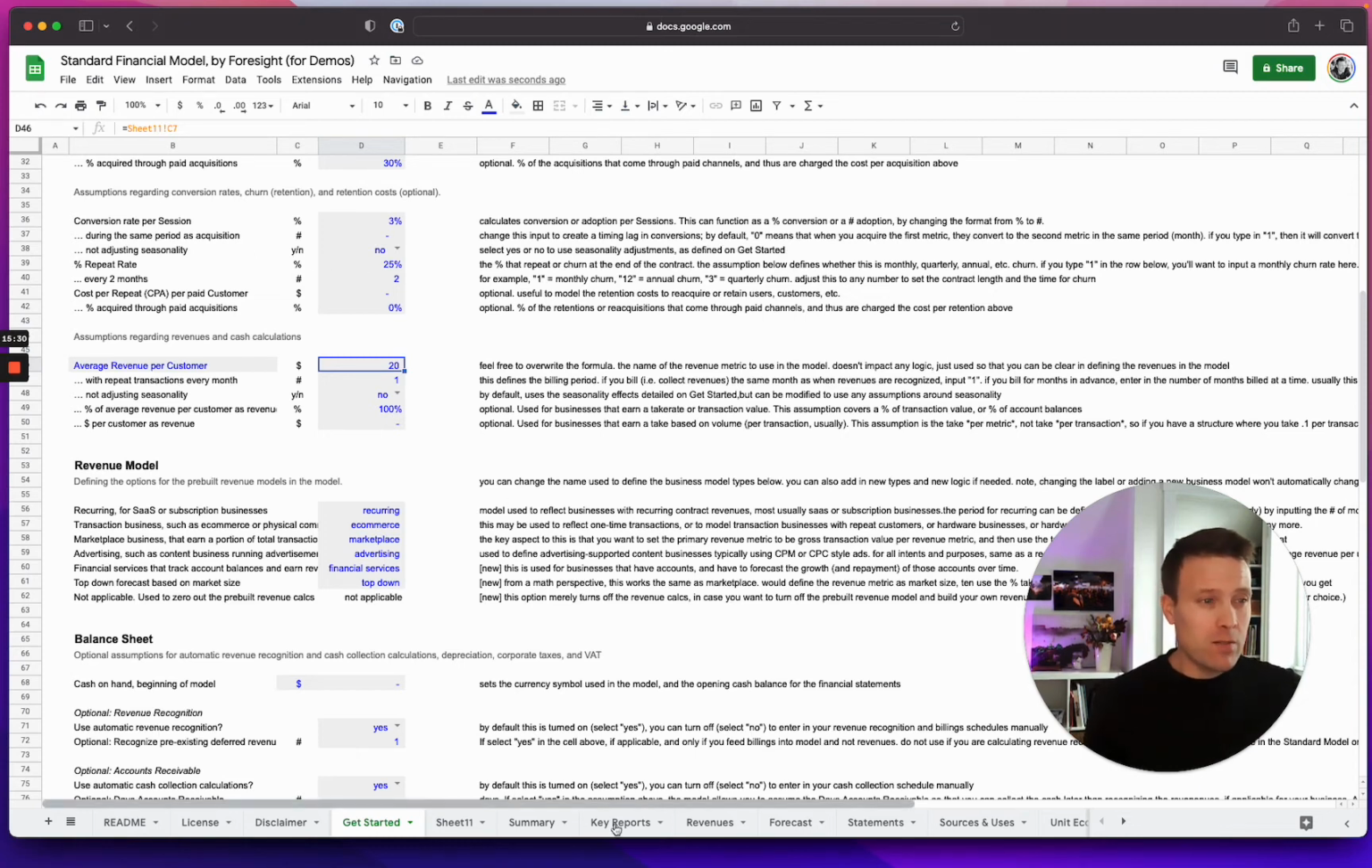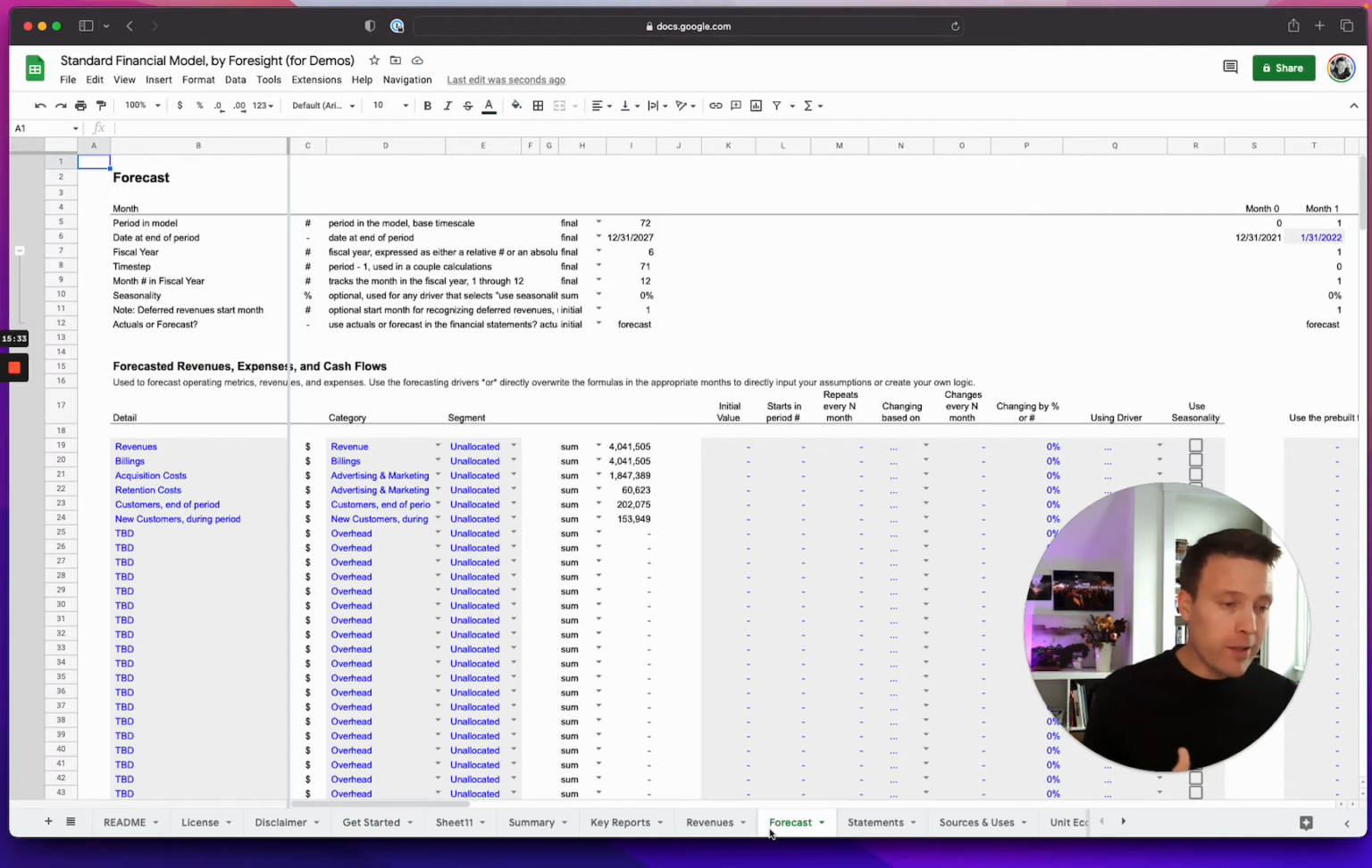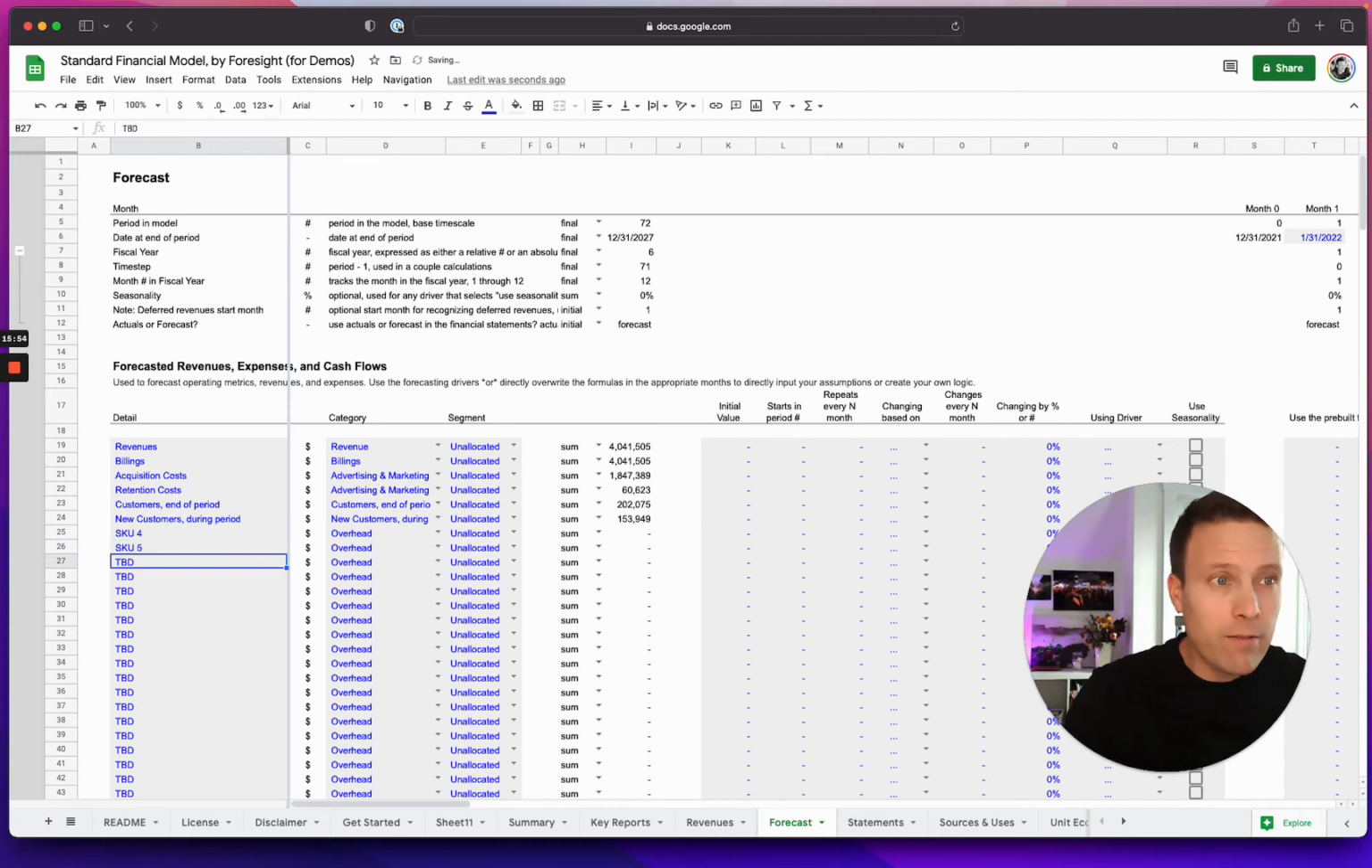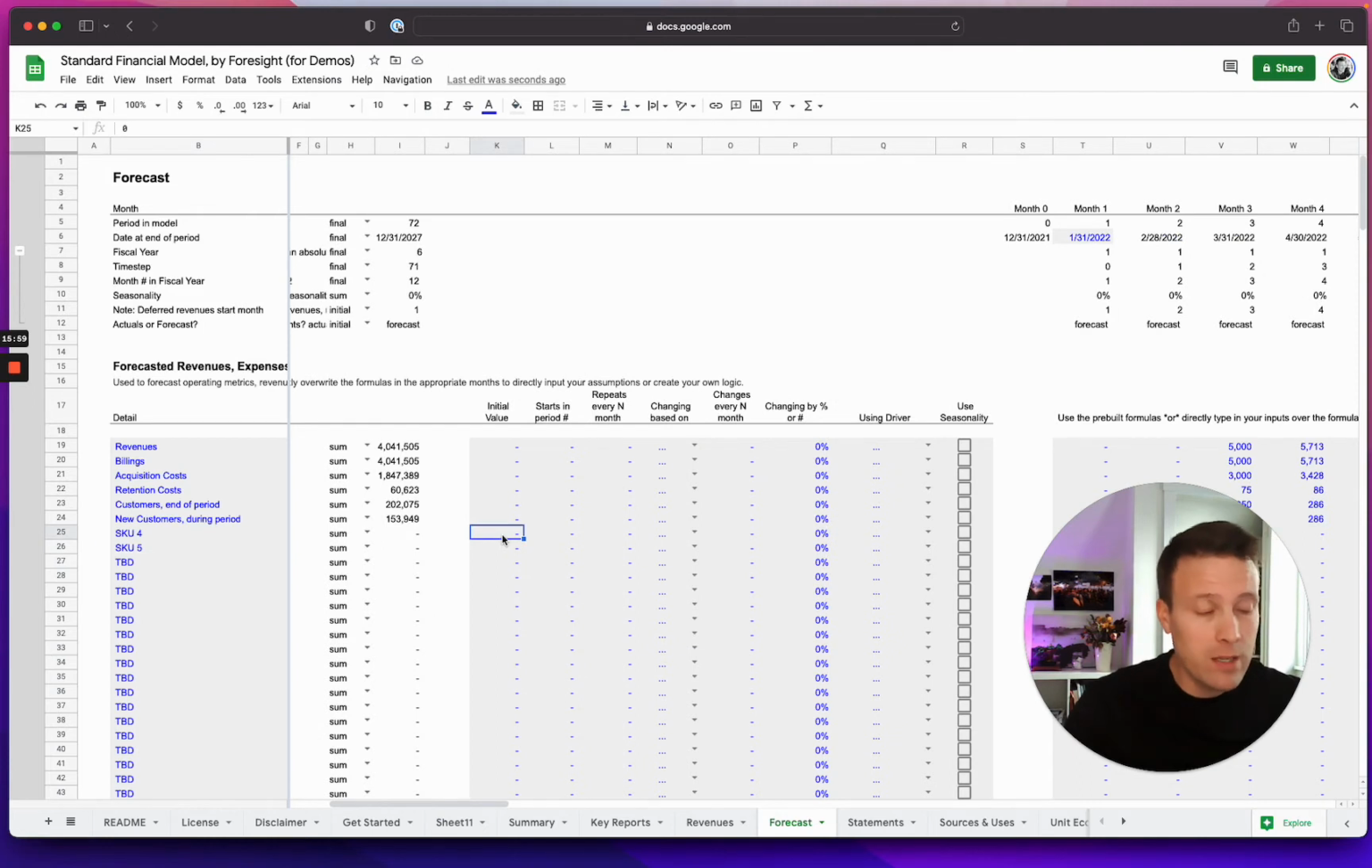Also easy to change, right? So the corollary to this is, what if you want to do other products or other revenue streams, whatever. As long as you want to base them off of customers or customers during a period, it's very easy to do. So I could also add on SKU 2 here, for example. Or let's just call it SKU 4 and SKU 5. The drivers have a pre-built way to do this. So if I was to say that my SKU 4 was $25 per customer, and maybe SKU 5 was $50 per customer,